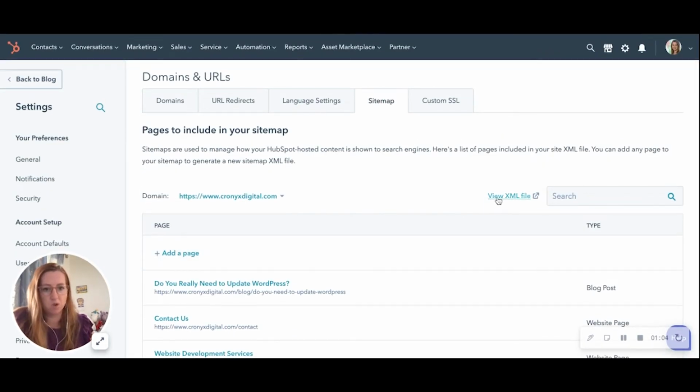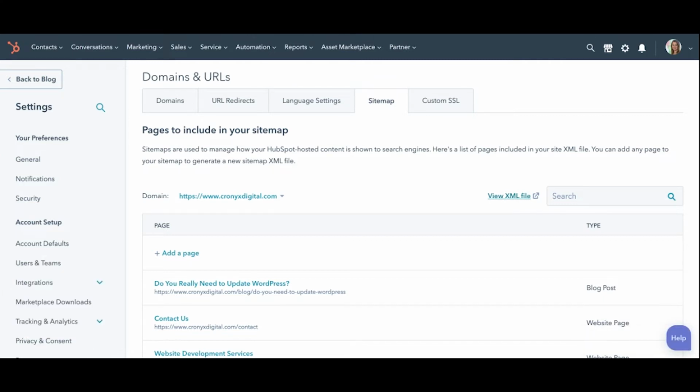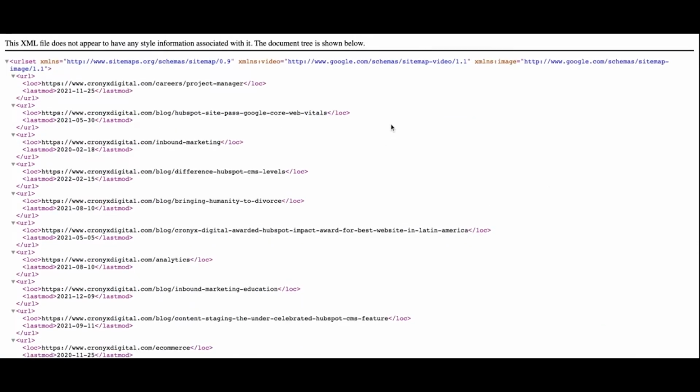If you click the View XML file, it will open up and it will show you your XML file here. If you are submitting your XML sitemap to Google, which you should be, these are all of the pages that are included in it. So if you're seeing anything on here that does not look legit and you don't want